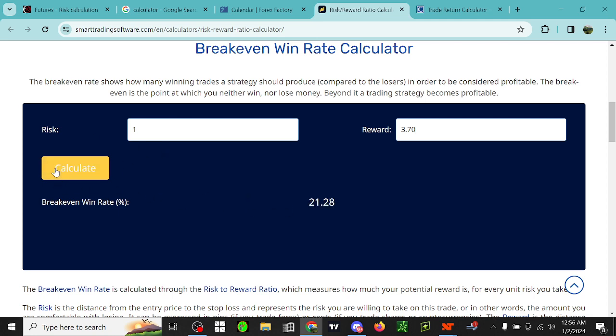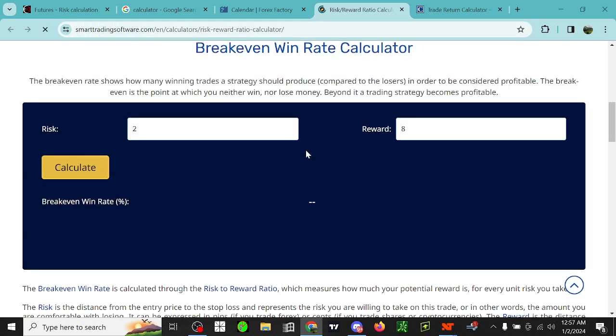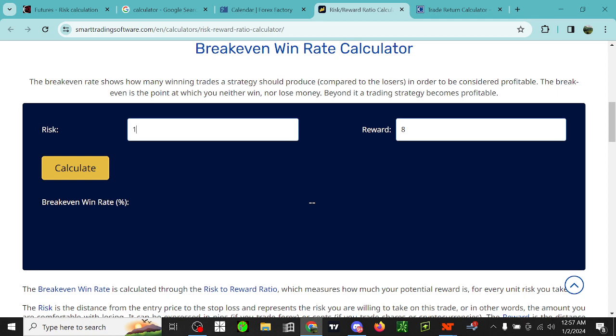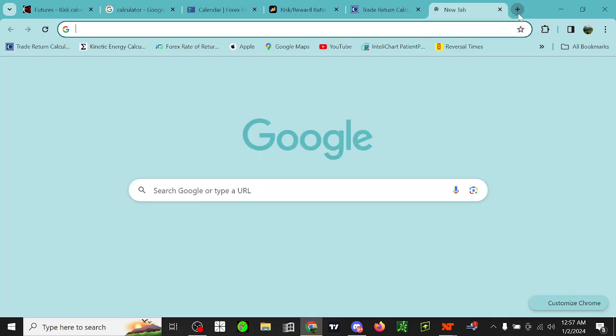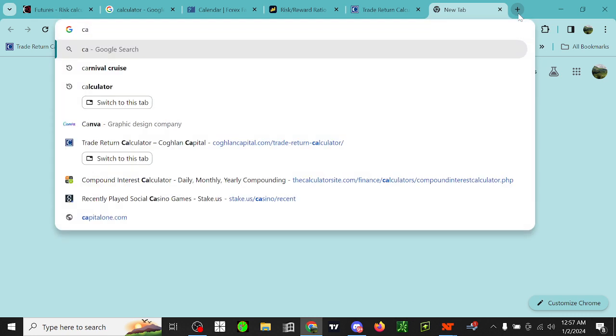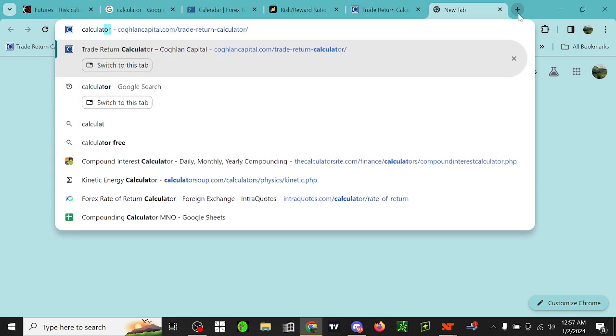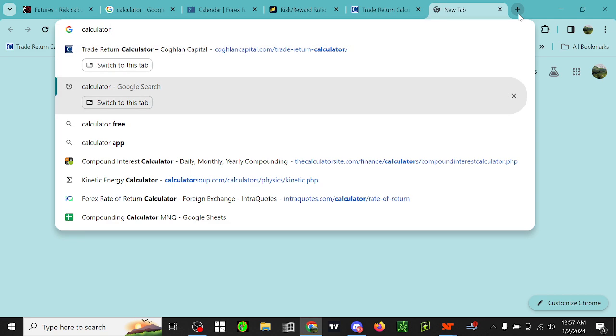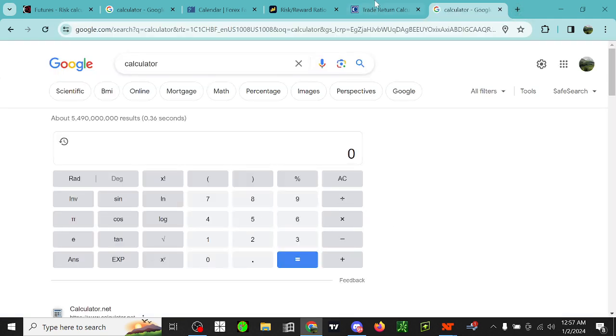Calculate that. Hold on. Please don't do this to me. 1, 3.7. Please don't do me like this. Okay, whatever. So how you can also do it is you can use that website I'm on right there, but they'll shut you down if you do it. So you would do